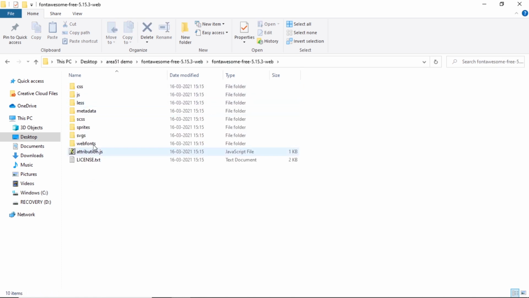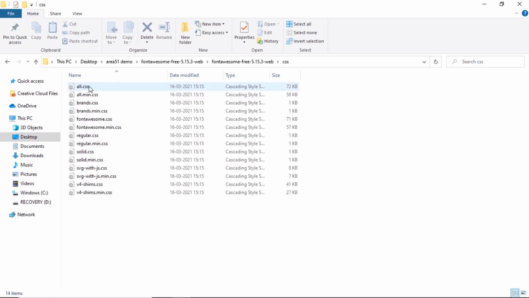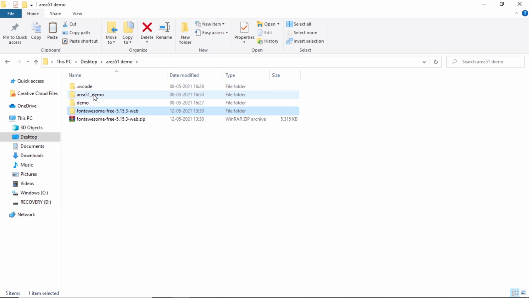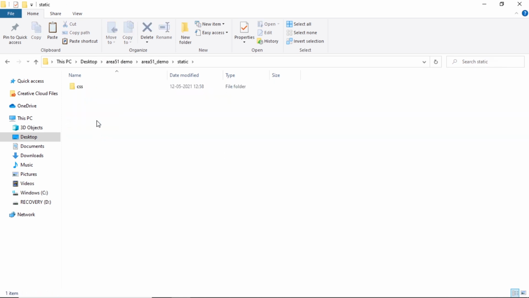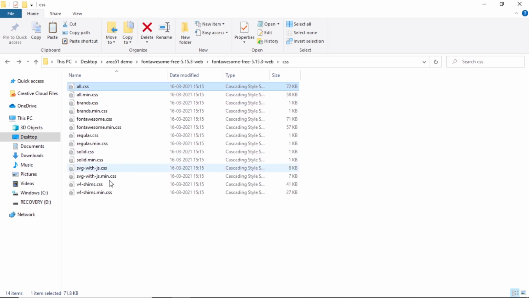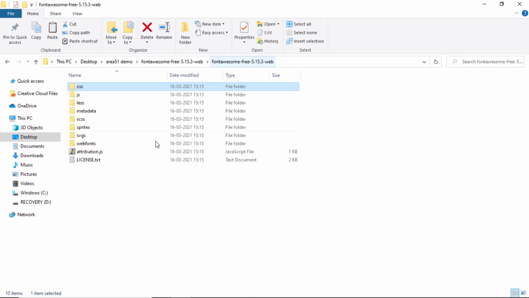So from CSS, I will take all.css, go to our scripts folder that is in static CSS, and here I will paste it, and also I will rename it to fontawesome-all.css so it will be easy for me to differentiate. And after this we will go to the main folder.